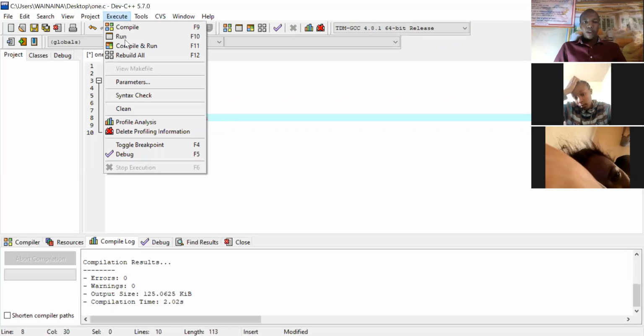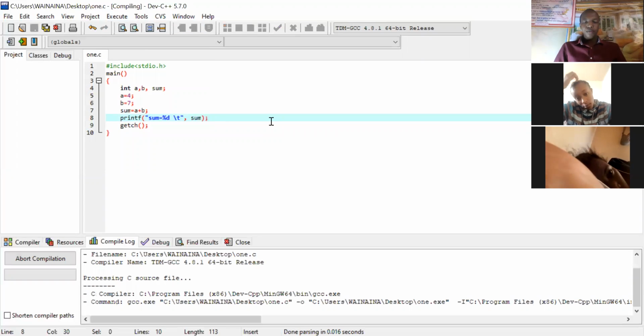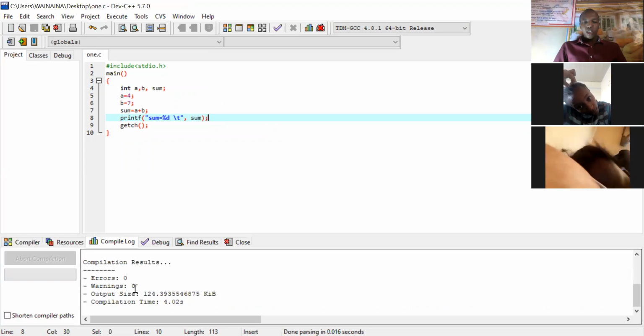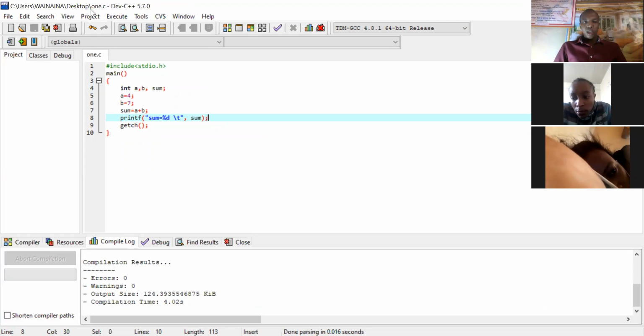So let's compile, and first of all we compile. No error, no warning. Then we run our application. And you can see that the sum is, can you see the screen? Yes. The sum is given as 11. The two variables that we have